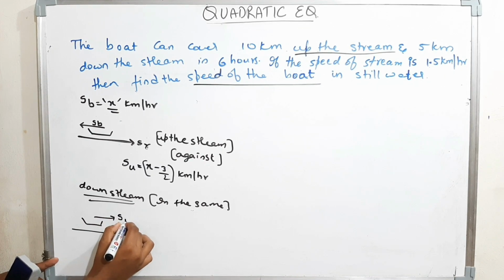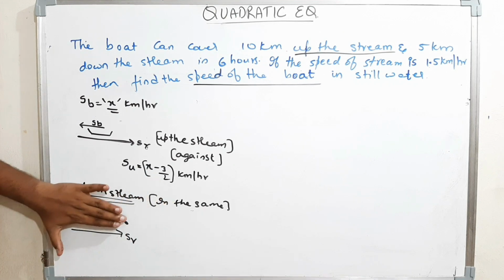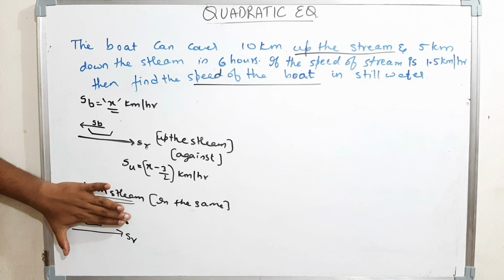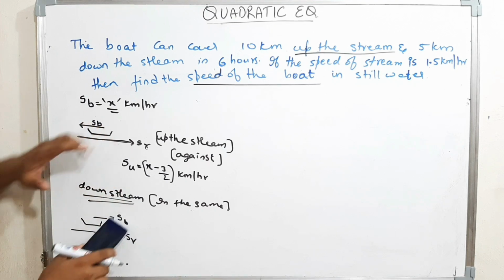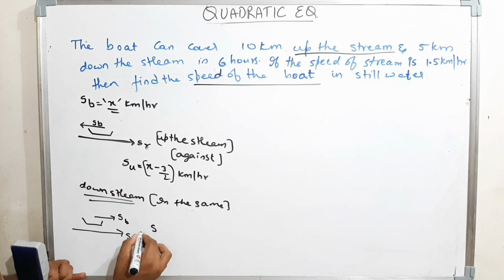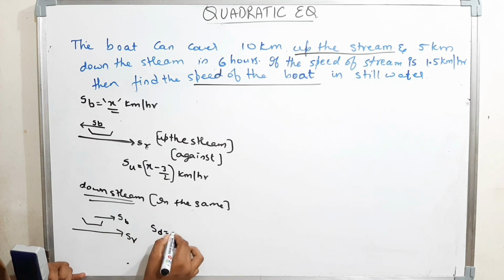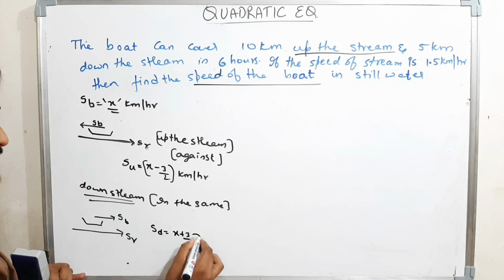This is the speed of the boat. Even though there is no speed for the boat, if the boat is not moving, you will see as if the boat is moving because of the river flow. If the person in the boat is not using the sails, then you will see as if the boat is moving with the speed of the river. Now if the person is using the sails, then you will see the boat moving with the speed in the downstream, that is speed of the boat plus speed of the river, that is x plus 3 by 2.